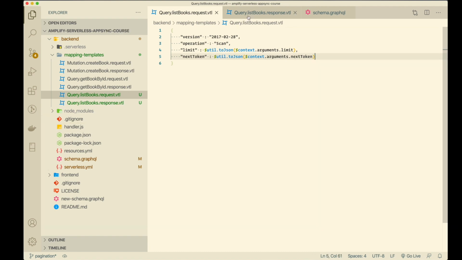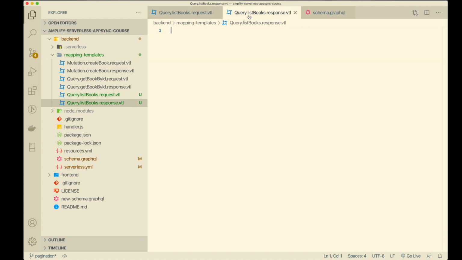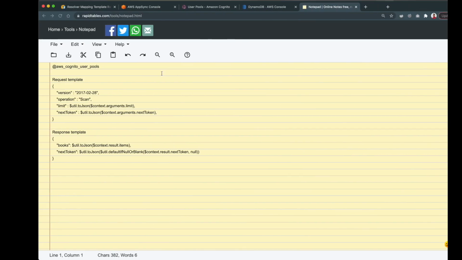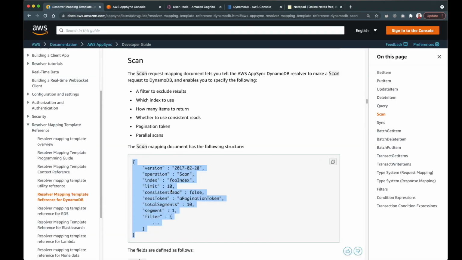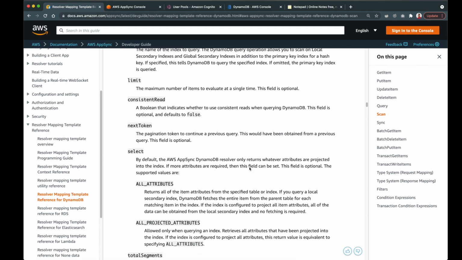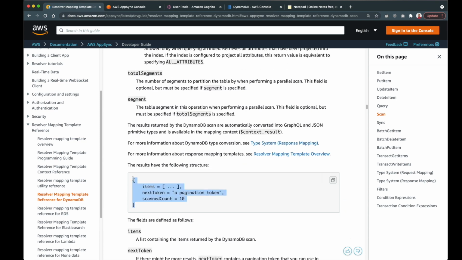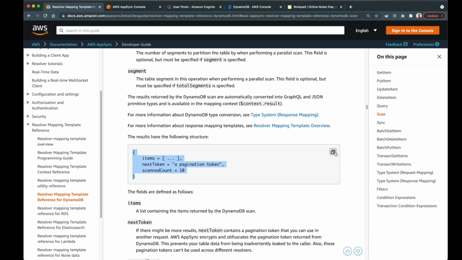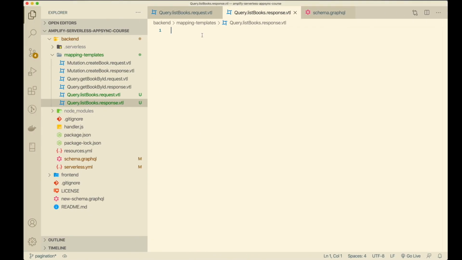And next, let's talk about the response template. When AppSync issues this scan operation to the DynamoDB table, it is going to return these results. Let me just copy these results, and I will add them to the response template. So this is what DynamoDB returned to AppSync.